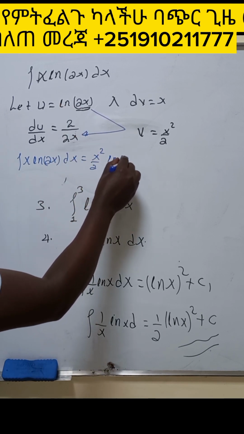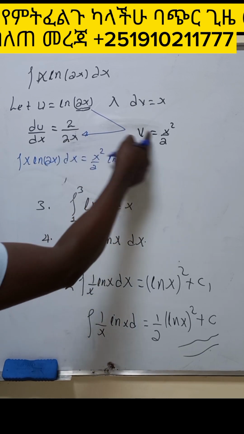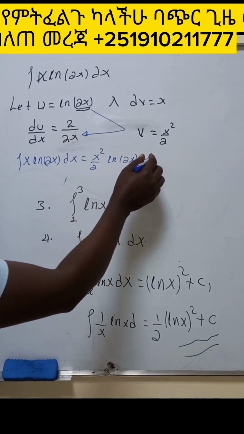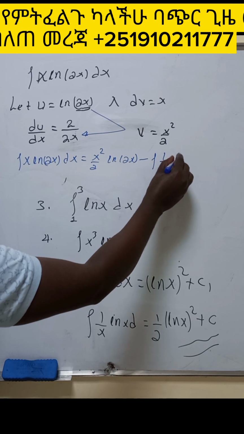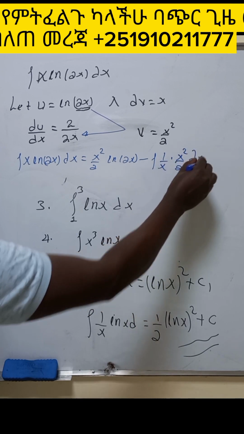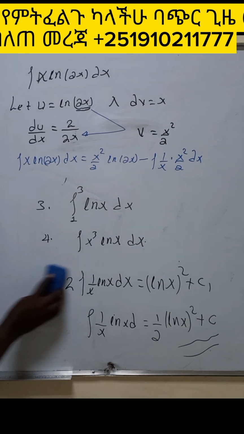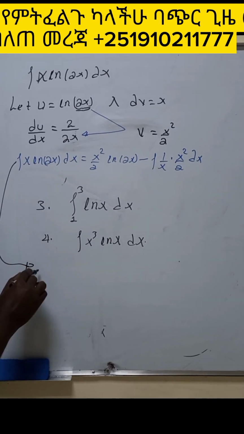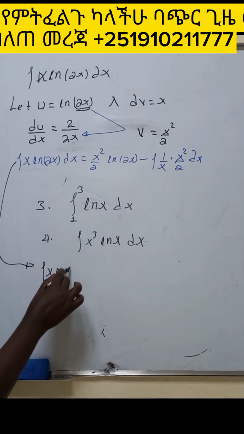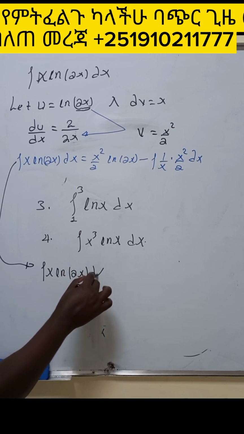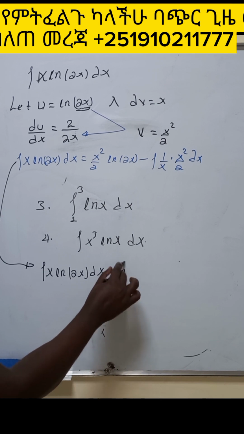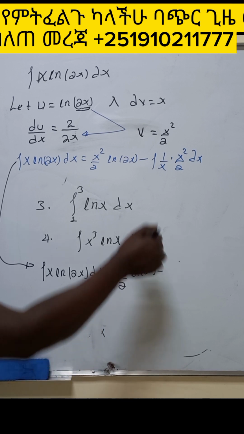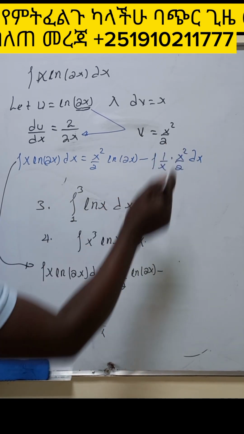ln of 2x minus ይሄንን በዚህ እናበዛ እናገኛለን 2 times 2 already know it obviously ይሄ ማለት 1 over x ማለት ነው። the integral of 1 over x times x square over 2 dx እናደርጋለን ማለት ነው። ዜና አሁን ከዚህ ቀጥለን ምን እናደርጋለን? let's come here ይህን ስንሰራ integral of x ln of x and x ln of 2x dx is given by ምን ይሆናል? x square over 2 ln of 2x minus now this x will cancel out this one, therefore 1